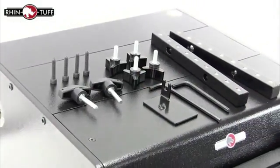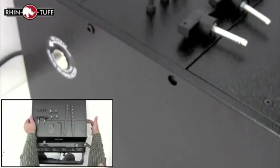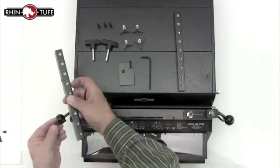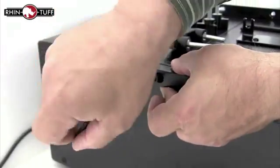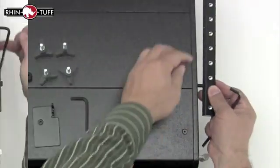With tools and parts ready to go, use the Allen wrench on the left and right hand side to remove the bolts so you can put your frame on. Be sure only to remove the front 2 bolts on the top row. When all 4 bolts are removed, use the provided bolts to take the carriage or the frame and put it on each side. Bolts go right in here, 2 on each side, fasten them all the way in, good and tight, nice and even. It will be these 2 frames on which the ejector portion of the Onyx Apes 14